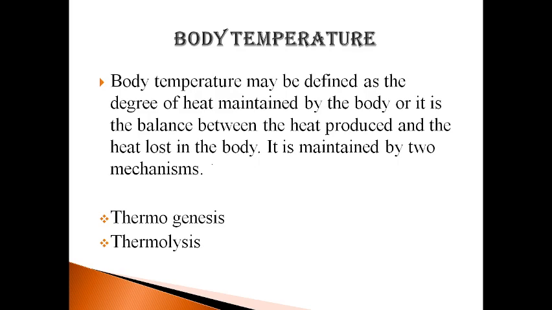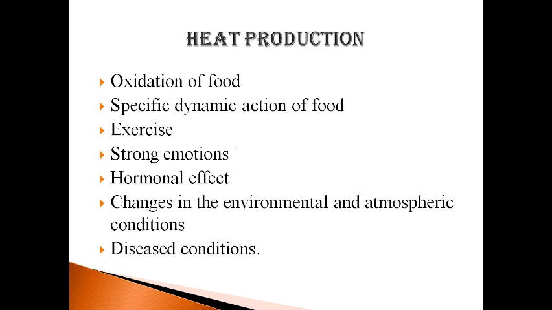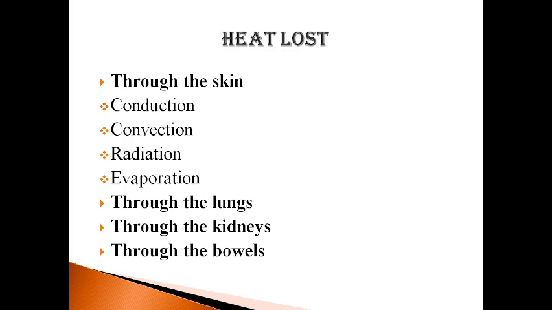It is maintained by two mechanisms: thermogenesis and thermolysis. Thermogenesis means heat production, thermolysis means heat loss. In some conditions, the body will produce heat by way of oxidation of food, specific dynamic action of food, exercise, strong emotions, hormonal effect, changes in the environmental and atmospheric conditions, and diseased conditions. In some ways, the body heat will be lost through the skin, through the lungs, through the kidneys and through the bowels. Through the skin, body heat is lost in four ways: conduction, convection, radiation